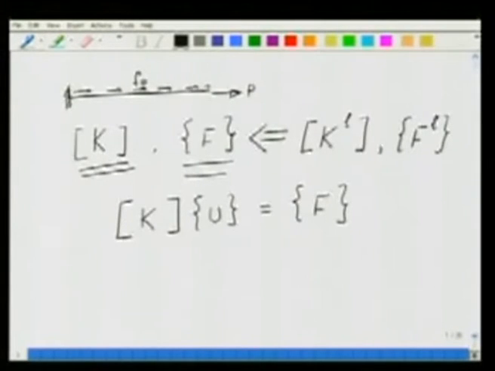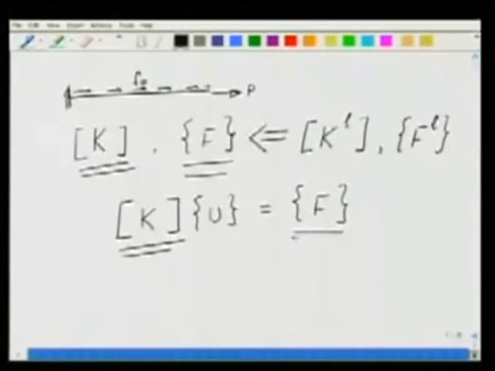Ku equal to F. Now, what we had done in the last class is we had developed this matrix K, we had developed this vector F, but we had not taken into account the effect of the boundary conditions. Now, how do we account for the boundary conditions? We had taken care of this end force P here